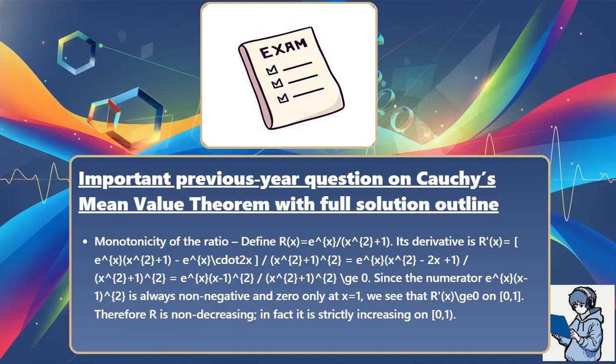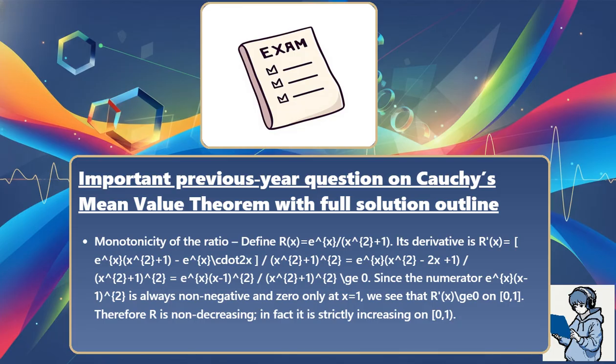Monotonicity of the ratio. Define r of x equals e to the x divided by (x squared plus 1). Its derivative is r prime of x equals [e to the x times (x squared plus 1) minus e to the x times 2x] divided by (x squared plus 1) squared. This simplifies to e to the x times (x squared minus 2x plus 1) over (x squared plus 1) squared, which further simplifies to e to the x times (x minus 1) squared over (x squared plus 1) squared, greater than or equal to